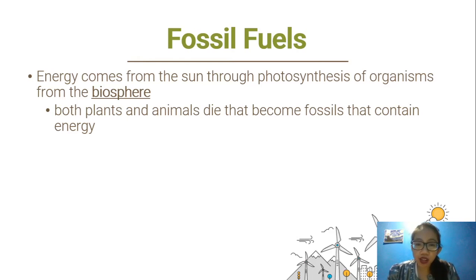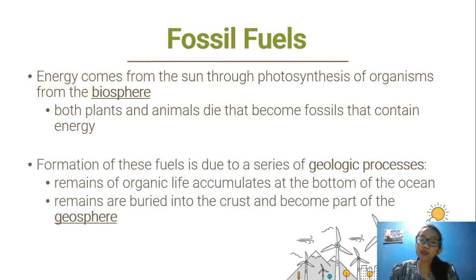Energy from the sun comes through photosynthesis of organisms from the biosphere, which will later be consumed by animals. So it's still the energy from the sun that is converted into plants, because what plants do through photosynthesis is incorporate carbon from the atmosphere into themselves, thus creating leaves and stems. So eventually those plants die out and the animals that consume them also die out, but their